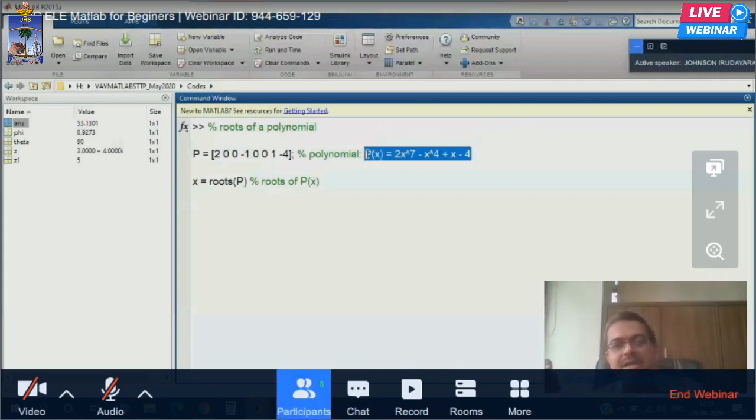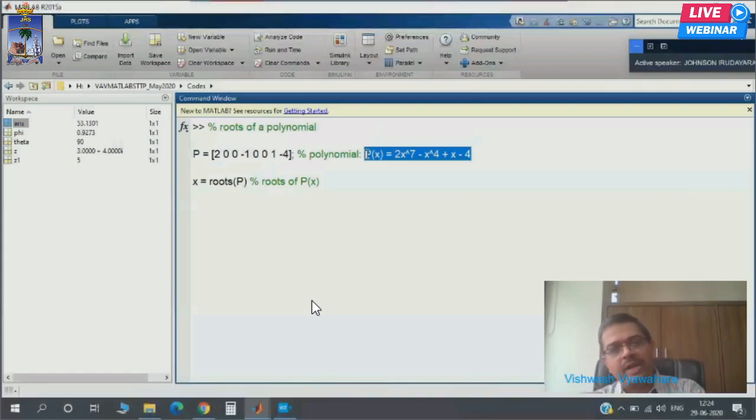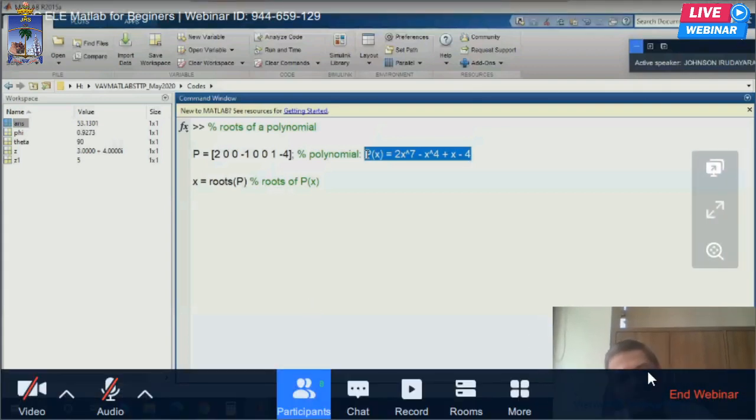Now, you all will agree with me that finding the roots or zeros of any polynomial of order more than 2, quadratic, is very tough. And according to Galois, the famous mathematician, we cannot express the roots of a polynomial of degree n greater than 3, or 4, in terms of the coefficients of the polynomial.